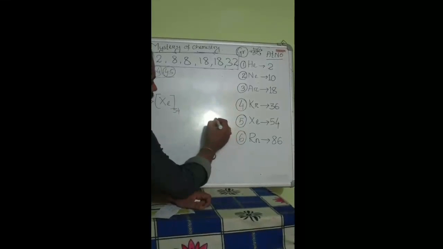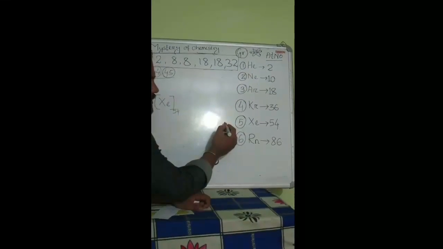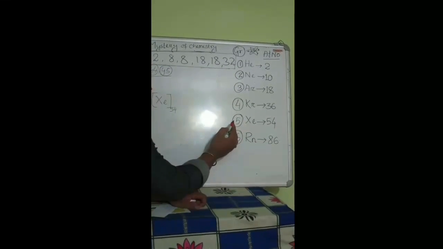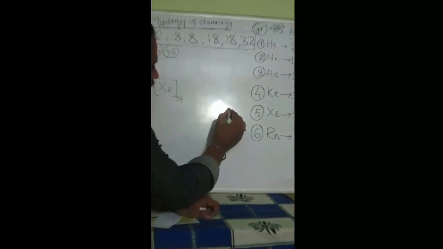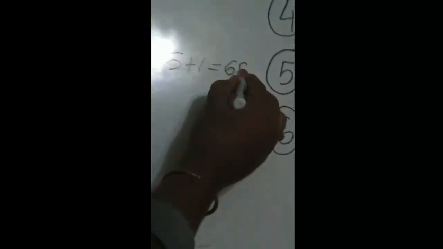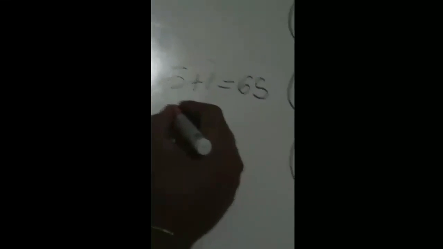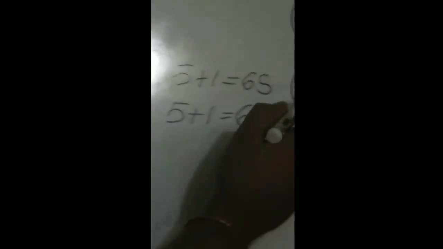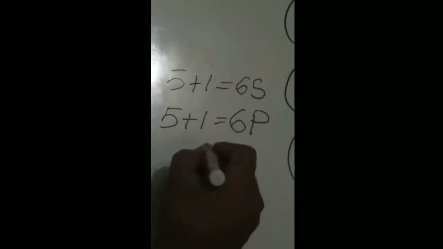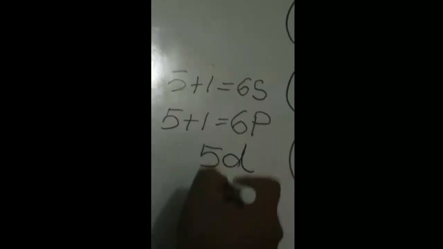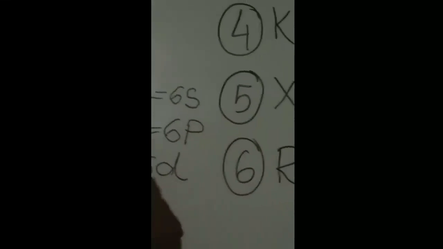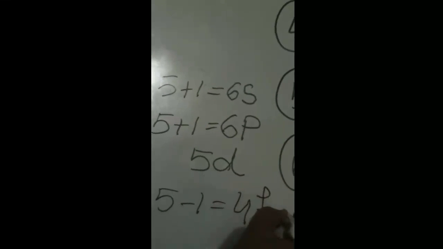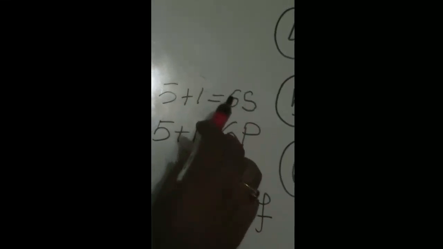So in this case, we have to find the s orbital, whose number should be more than 5, meaning 5 plus 1 is equal to 6. So we will get 6s first. Next, for the p orbital, we get 5 plus 1, this one is 6p, and this group number will represent the d orbital, so we will get 5d. And if we subtract 1 from this group, 5 minus 1 is equal to 4, then we will get the f. So 4f will exist, 5d will exist, 6p will exist, and 6s will exist.